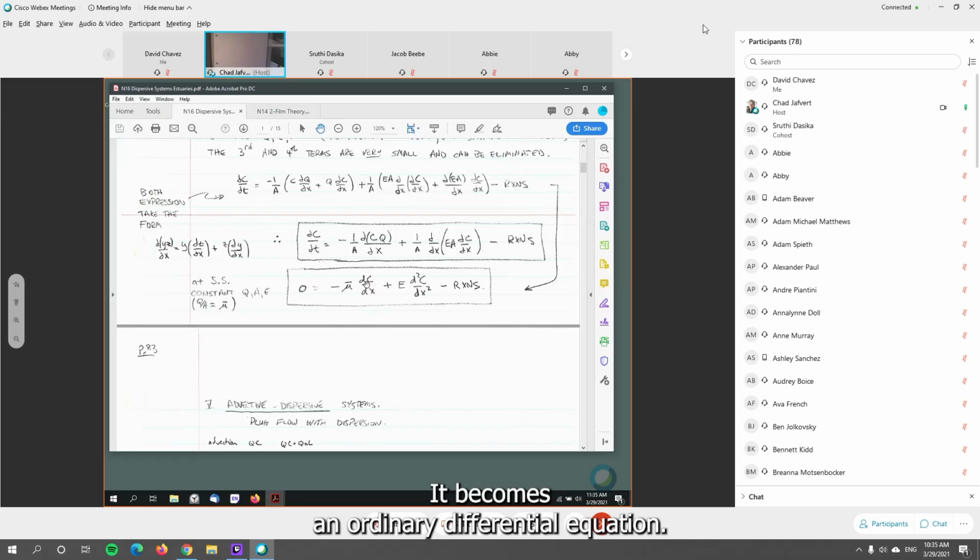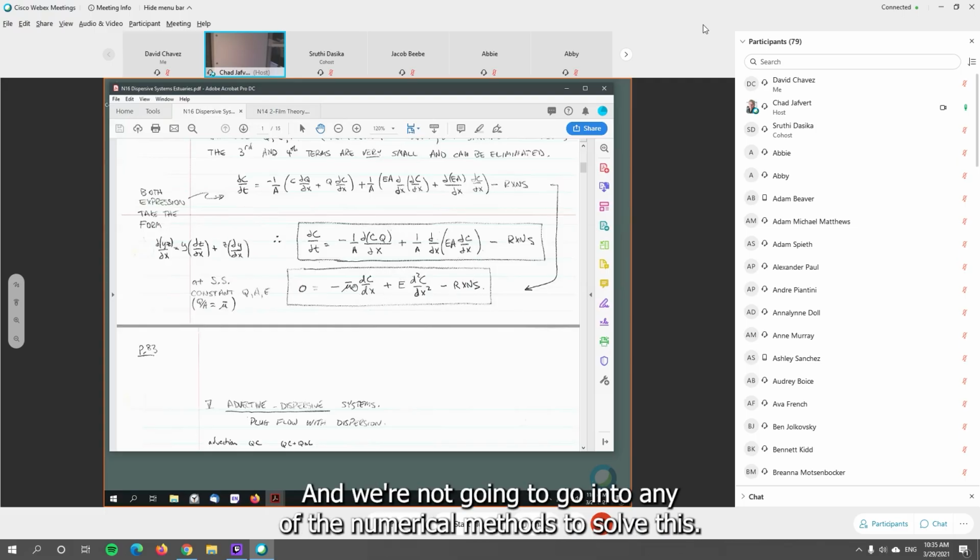It becomes an ordinary differential equation, but it's a second order ordinary differential equation. And it takes some trickery to solve it, but it's easy to solve analytically, but also we can solve it numerically by different means. We're not going to go into any of the numerical methods to solve this,